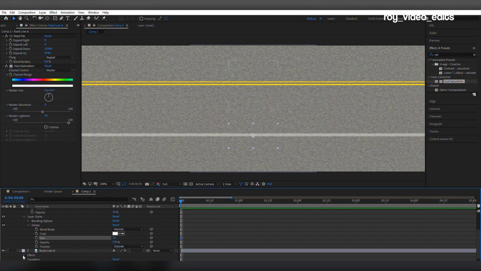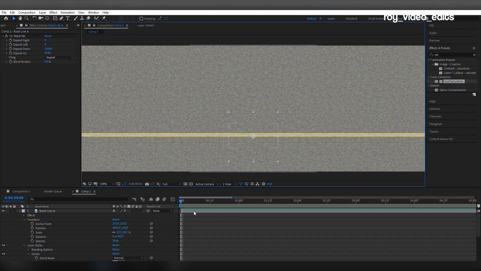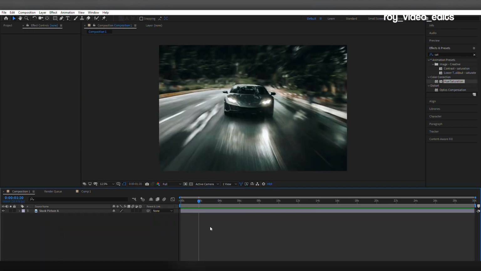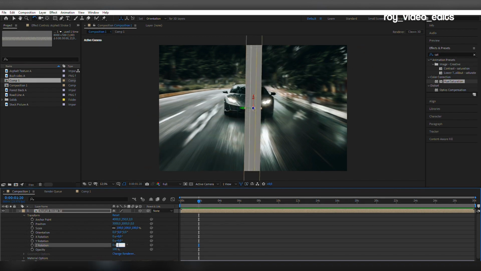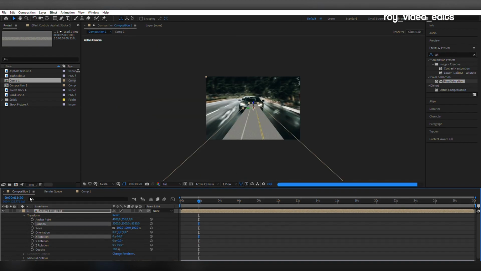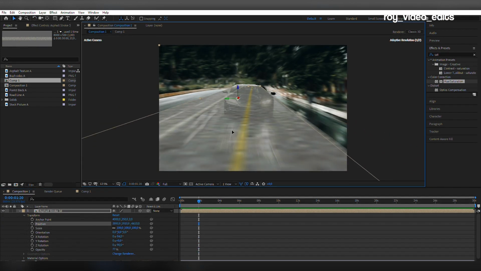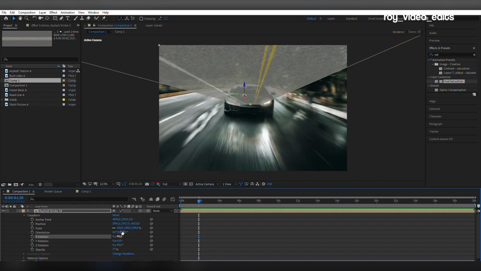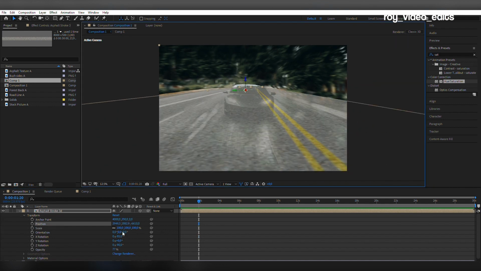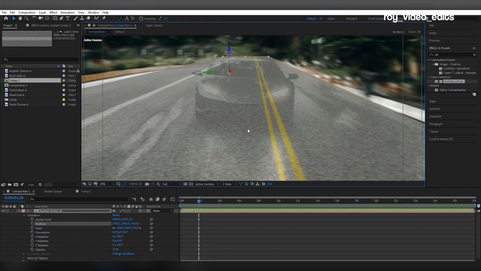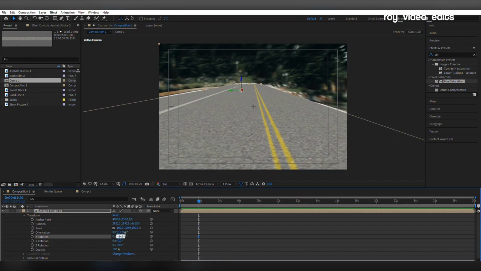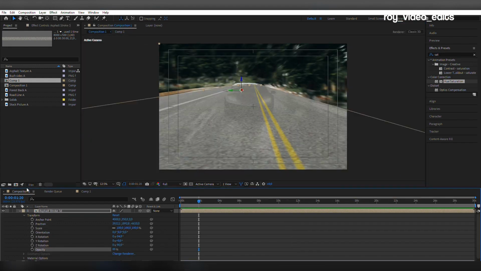And then we mess around a little bit with the opacity, also with the layer styles. Maybe on the white one we use the same thing, so we use the little stroke. Then we put it in this footage, and as you can see we're putting it in 3D and we're matching it with the original road. So it's a little bit of tweaking and everything, but once you got it right it will work quite cool,